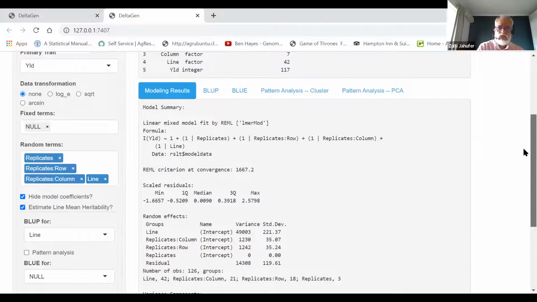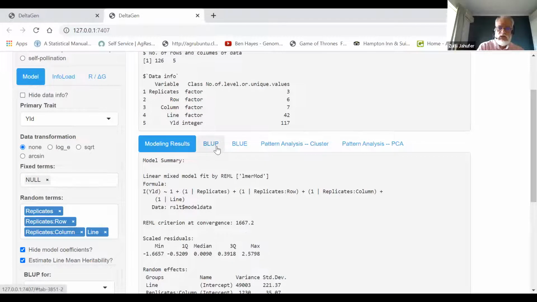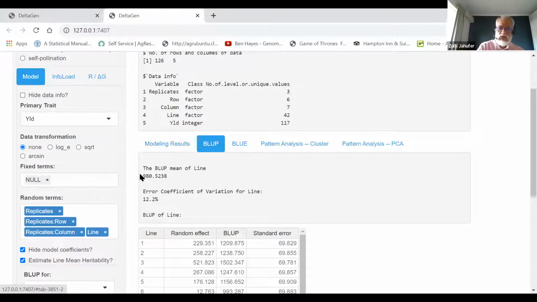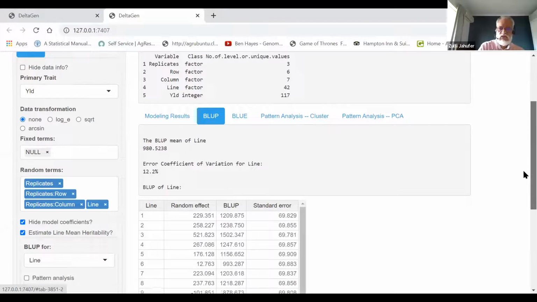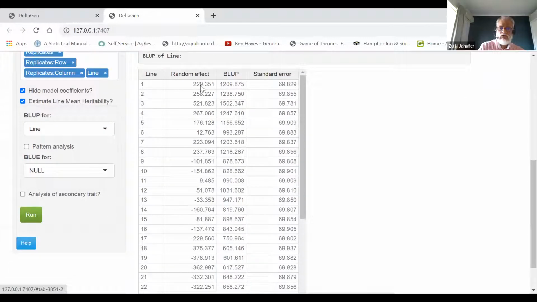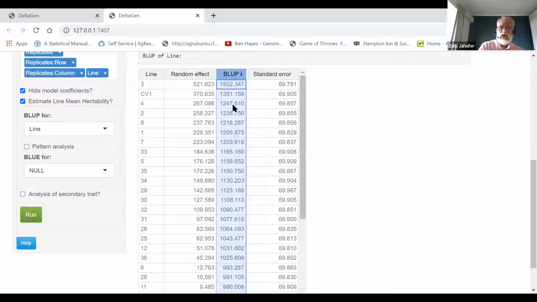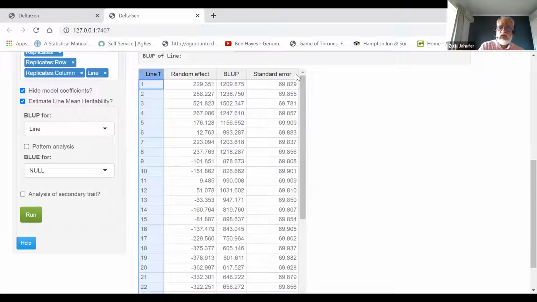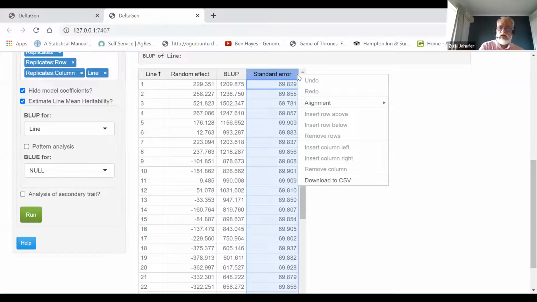And then you can go in here, and if you click blob, it gives you the mean of the population of individuals that you have looked at, right? So you have 42 individuals in this data set, if they're half-sib families. So this is the mean of all those half-sibs, the blob mean. This is your error coefficient, correlation error, and then you have your blobs here, your random effects, and you can sort. If you want to sort from the highest to the lowest, just click sort from the highest to the lowest. You have the standard errors, lines, and if you want to, obviously you want to print this out or you want to save it, right click,